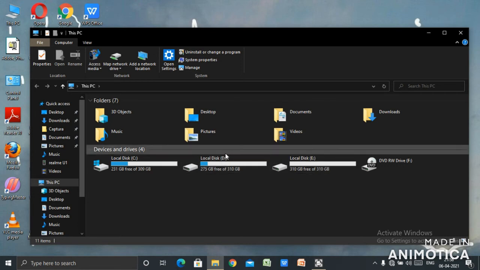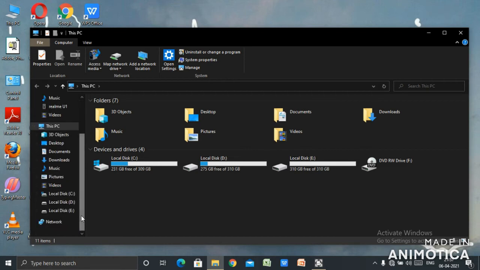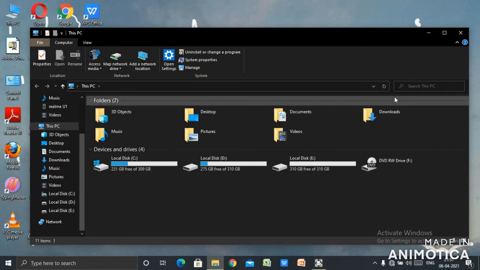Now you can see here we can have quick access to all the files and folders, your videos, documents, music and pictures on the left hand side. On the right hand side, you will see the search button, which is a Windows Explorer, nowadays also known as File Explorer.